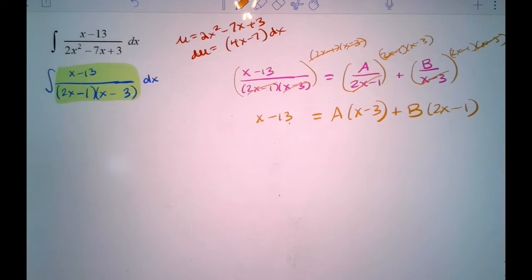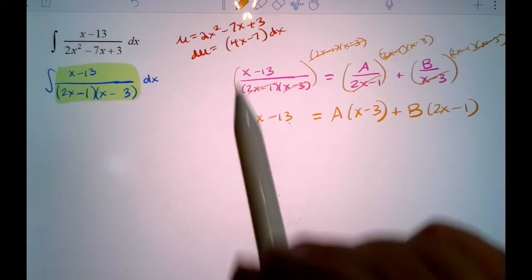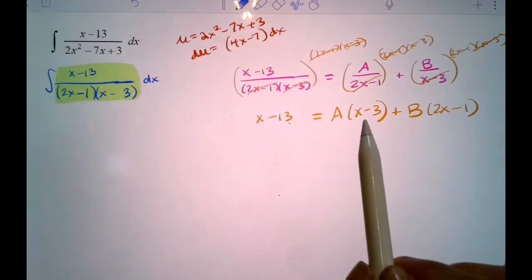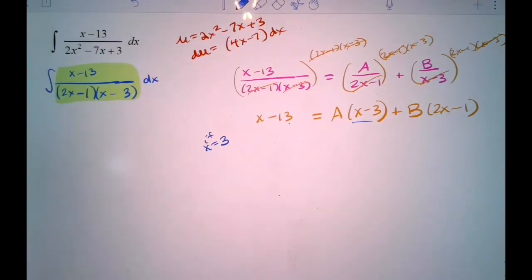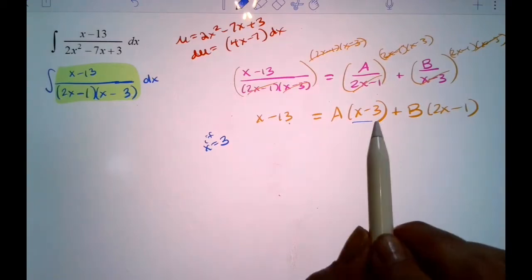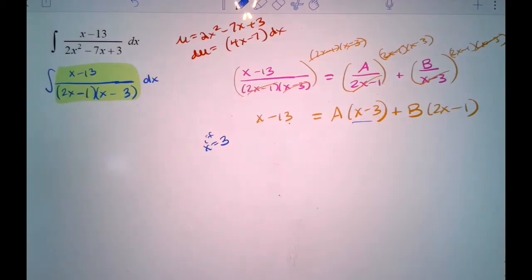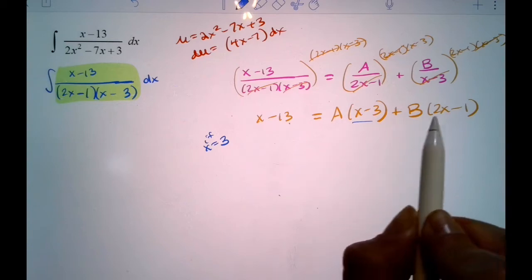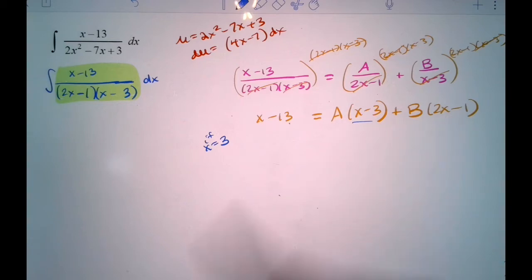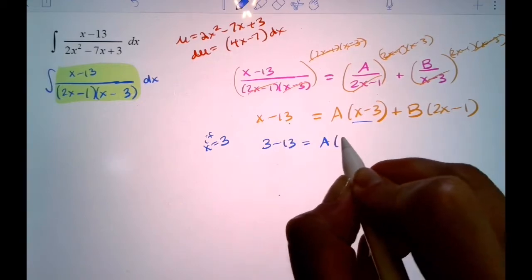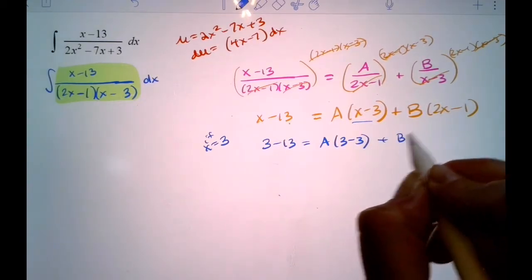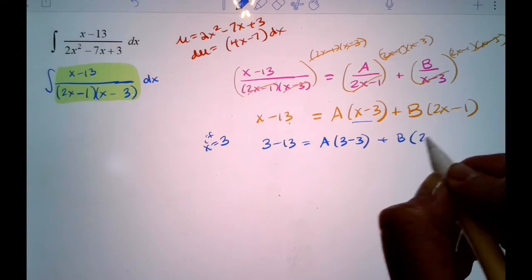Here's where you are going to be super crafty and say, oh, let me pay attention to what these factors are. I am going to decide, what if x equals 3? I'm choosing that intentionally because I really want these things to collapse down to 0. And I'm going to keep talking it out: if x is going to be 3, anywhere there's an x in this statement in orange, I replace it with a 3. So that means I'm going to have 3 minus 13, A times 3 minus 3, and B times 2 times